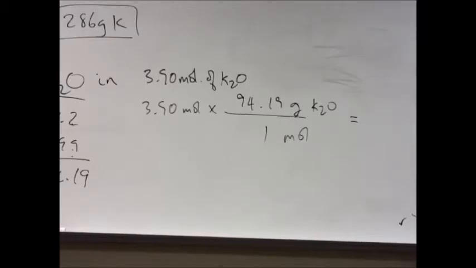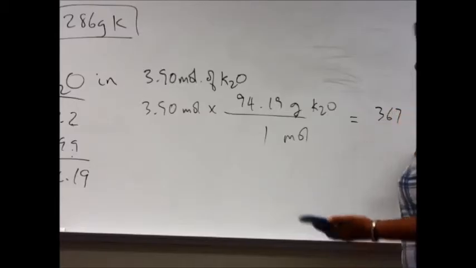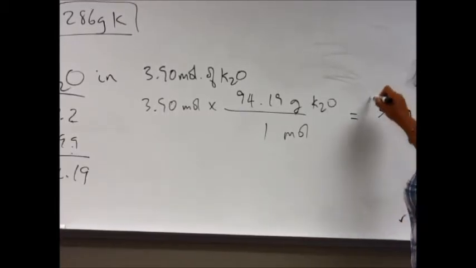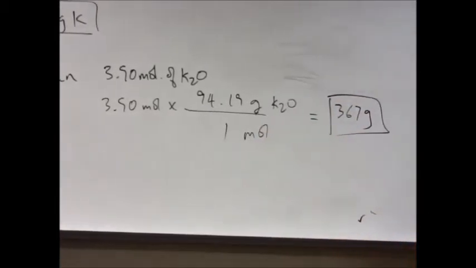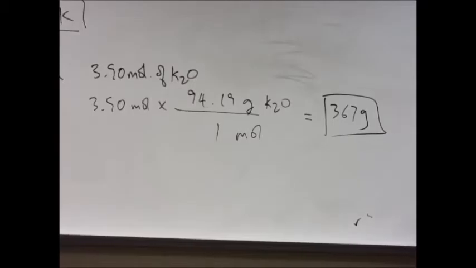What did I miss? 94.19, right? Okay, 94.19 times 3.9. 367. I don't know what I did. Okay, so there we go. Good? These are your moles to atoms to everything conversions. If you were converting atoms to grams,